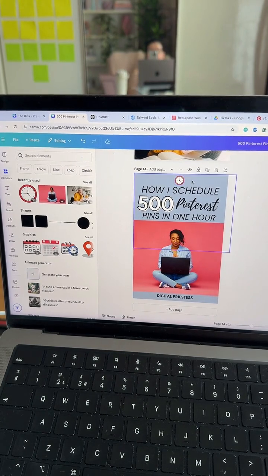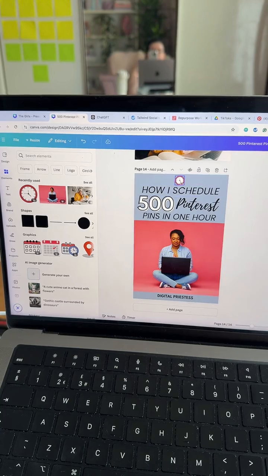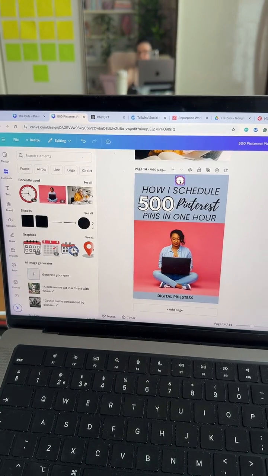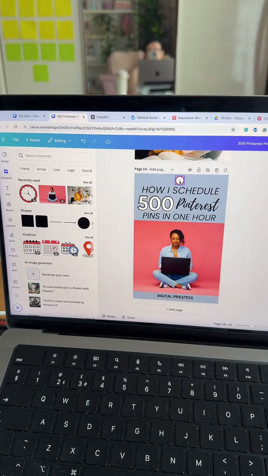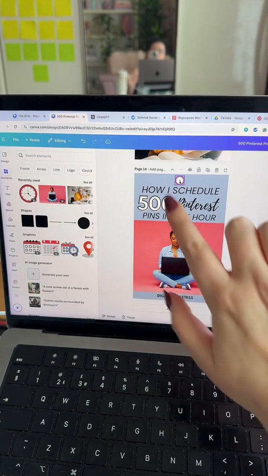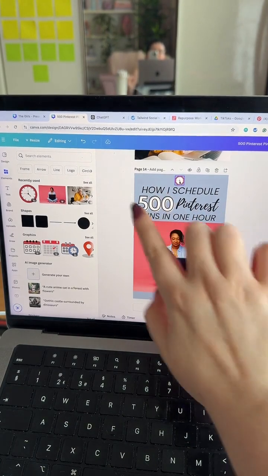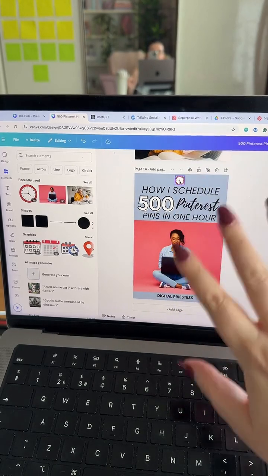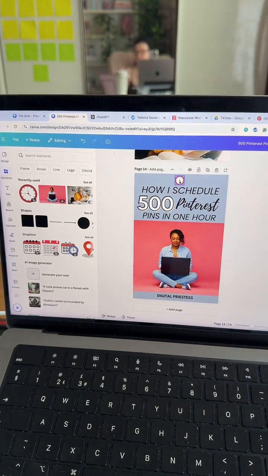I might come and change it later, but then I'm like, no, don't get stuck, because there are so many pins that go out. It would be silly to sit there and critique every single one. So I'd say, just power through if you can. I think it's the opposite of Instagram, where you feel like everything needs to be perfect. Pinterest can be messy. You're going to be putting out so much. The quality really comes into the images and the hooks and titles. Layout can be a little bit messy because Pinterest kind of likes that.